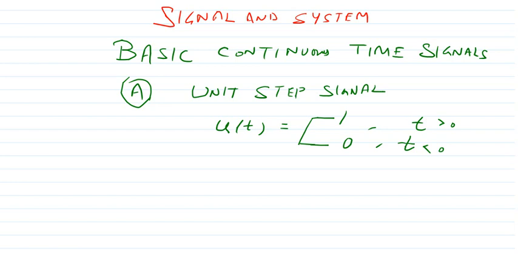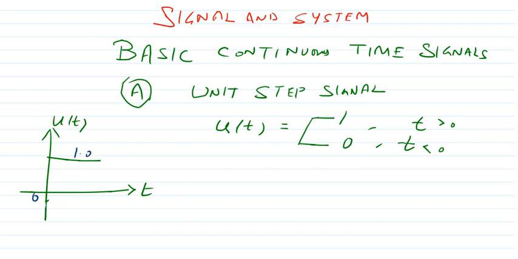So this is your unit step signal. Let us draw how it looks. For t greater than 0, the value of the unit step signal is 1 and for t less than 0,